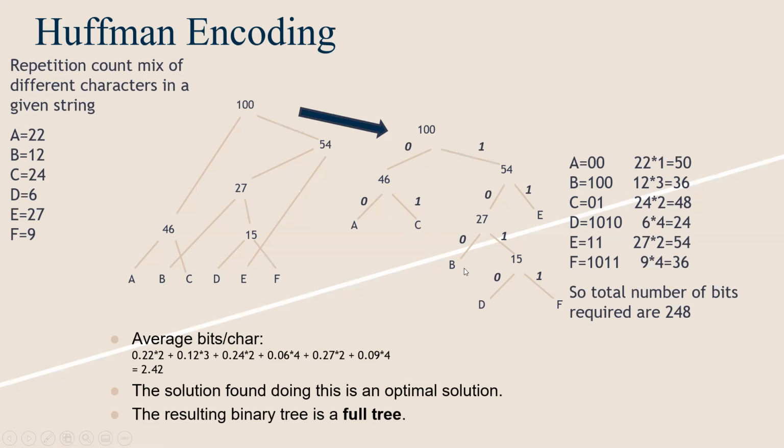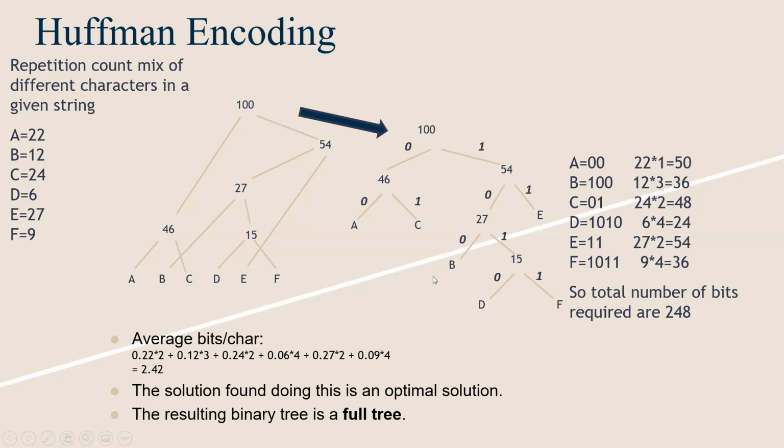And then for traversing up to D from 100, we will use this right child side, 1, then 0, sorry, 1, yes, 1, then 0, then 1, then 0. Like this, we can traverse from 100 to D, and it will create the code for D character, which is